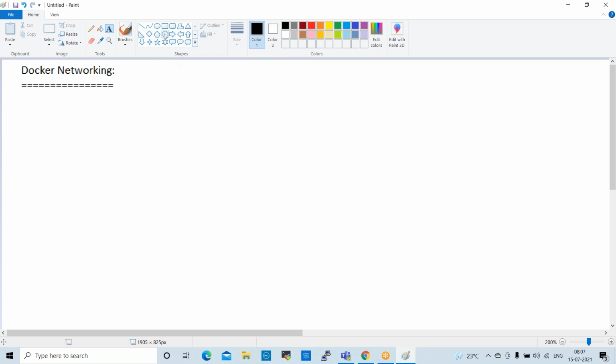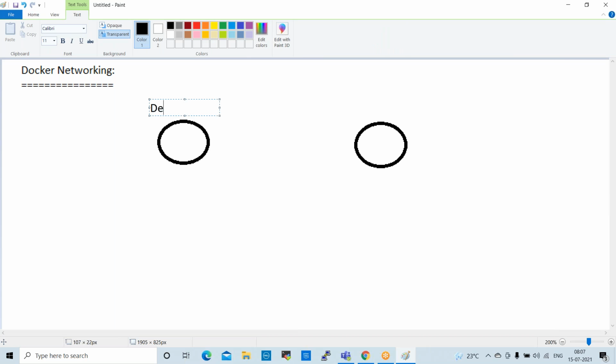Fine. Now here, we will create 2 networks. This is the second scenario. The network names are DevOps 1 network and, second one, DevOps 2 network.